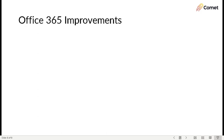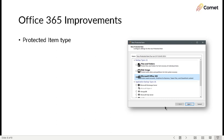Now, onto the topic that here at Comet we've been spending most of our time on recently, and that is, of course, Office 365 improvements. So Comet supports backing up Microsoft Office 365. It's a little bit interesting to see how our partners have made use of this feature because it's a protected item type. We built it out as a protected item type in Comet so that you can back up Office 365, and it takes advantage of all of our chunking, encryption, deduplication support, and so on, and that was the